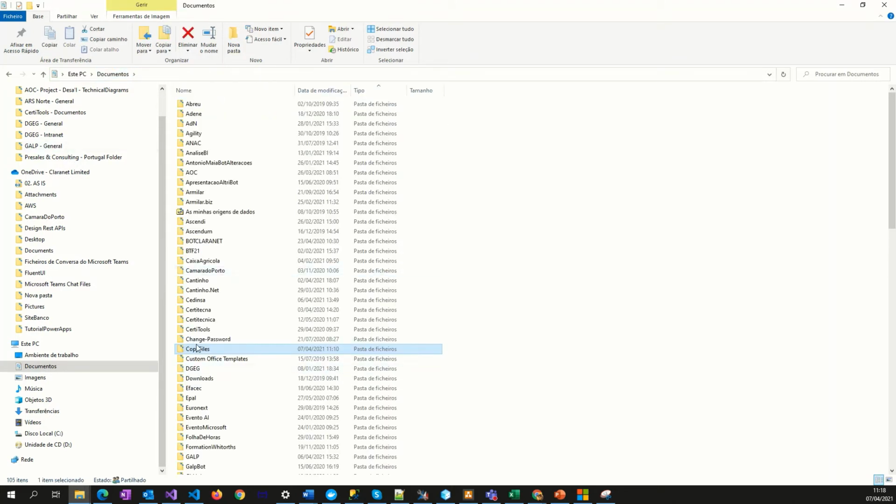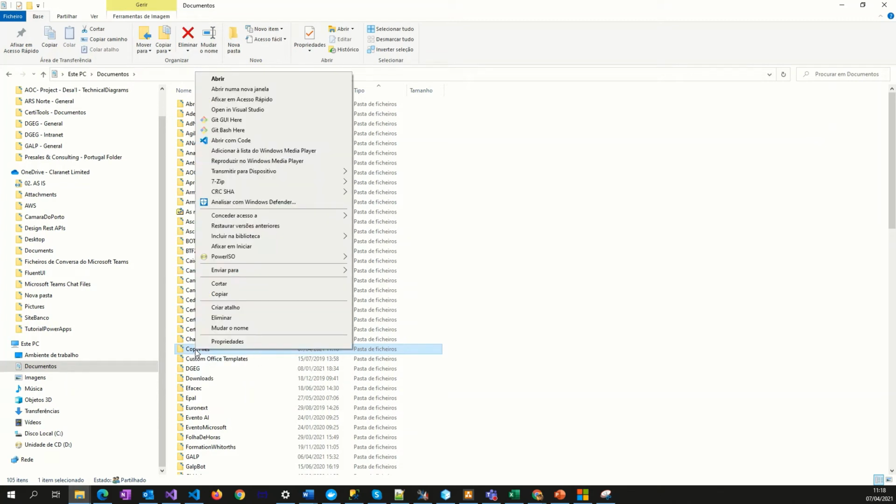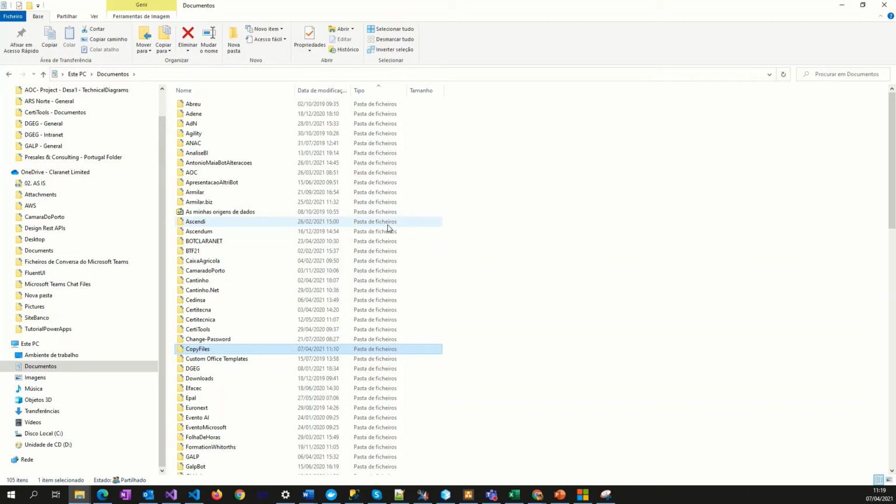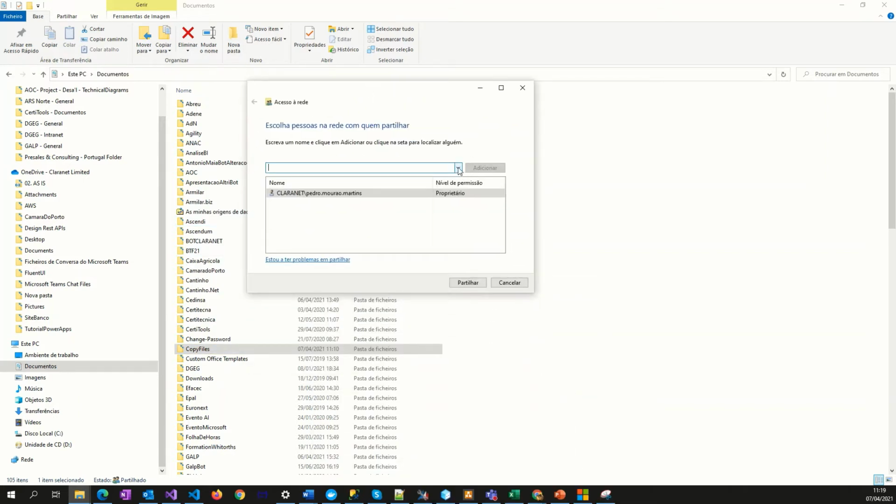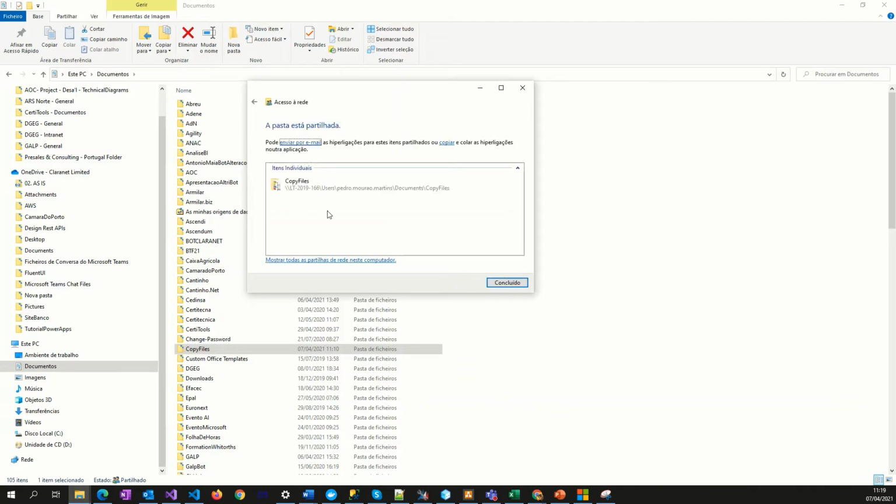So I want this in my SharePoint. I go here, I give a share to some people, and has everyone. Here you must put read and write, right? And I will share it, right?